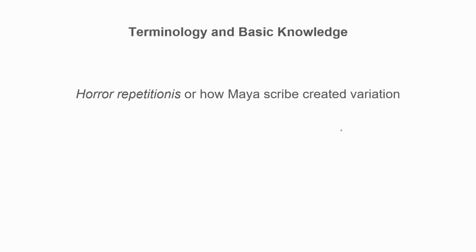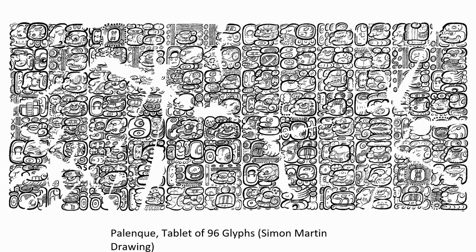Terminating now with some slides about repetitions, or how the Maya scribes created variation. This is quite nice. In this hieroglyphic inscription, which is one of the most beautiful inscriptions in the Maya area, from Palenque, the Tablet of the 96 Glyphs, Maya scribes introduced a lot of variation in order to prevent